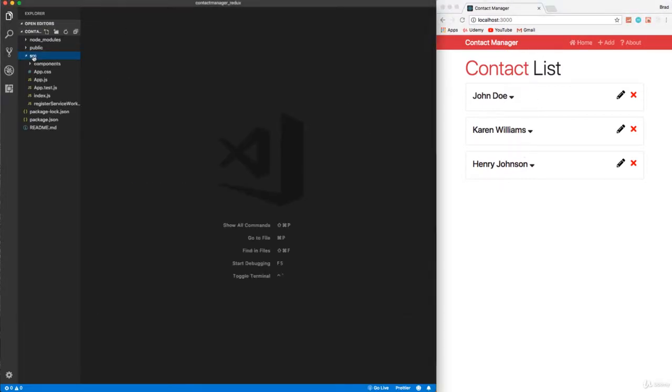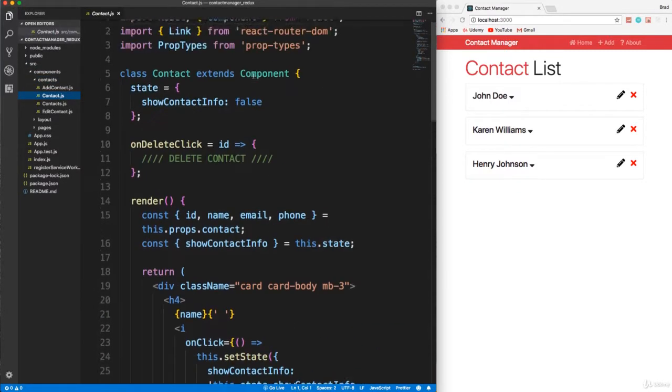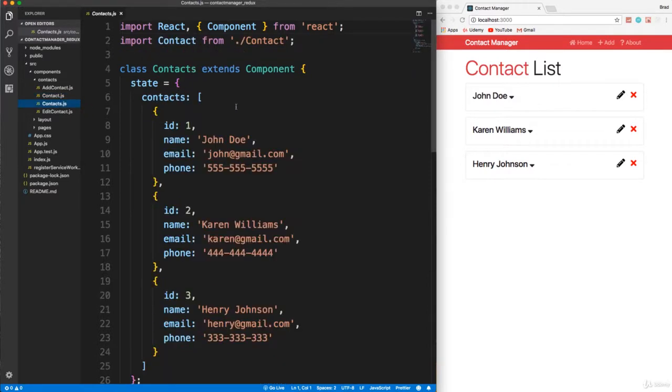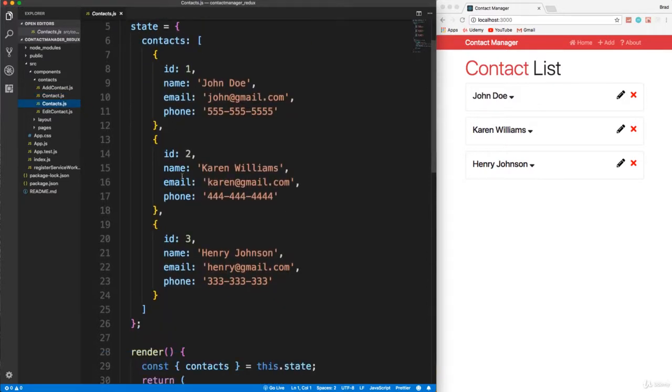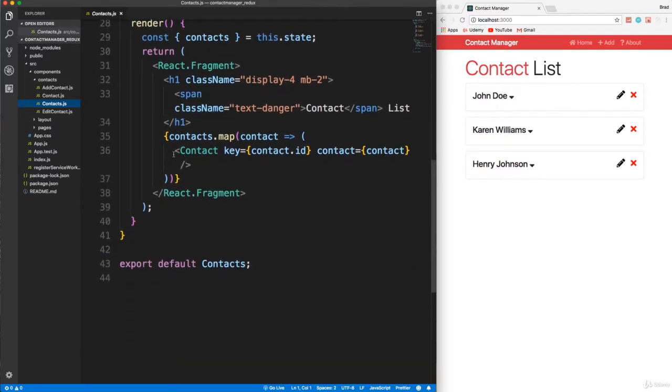Notice that in the source folder, the context.js file is completely gone. So the context API is no longer being used. What I've done is I've moved the contacts back into the contacts component. So if we look at contacts.js, you'll see, whoops, that's contact. Let's look at contacts, and you'll see that it's just there right in the state again. So we just reverse back to this point,